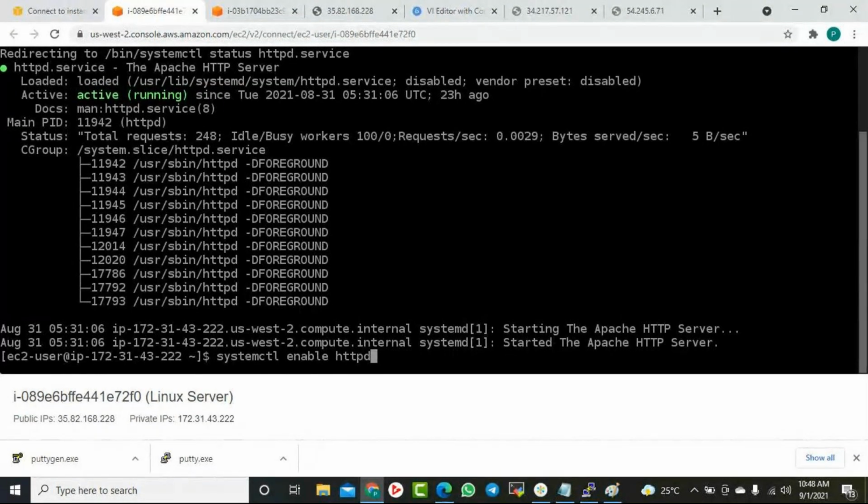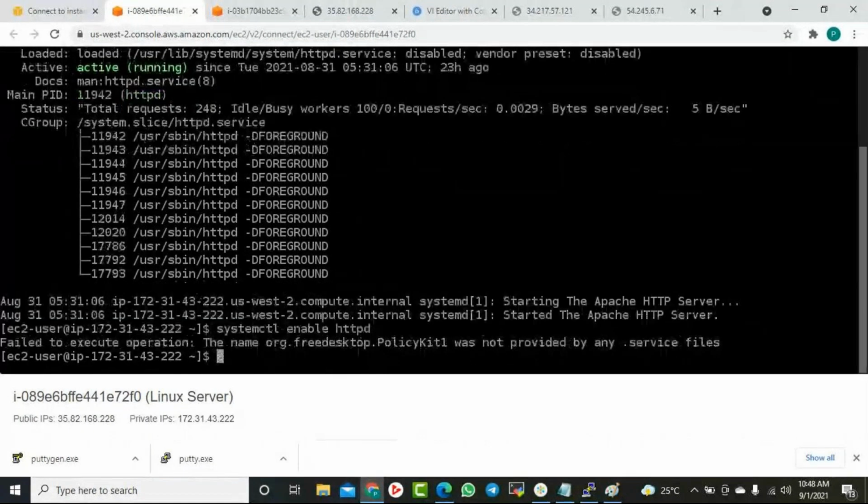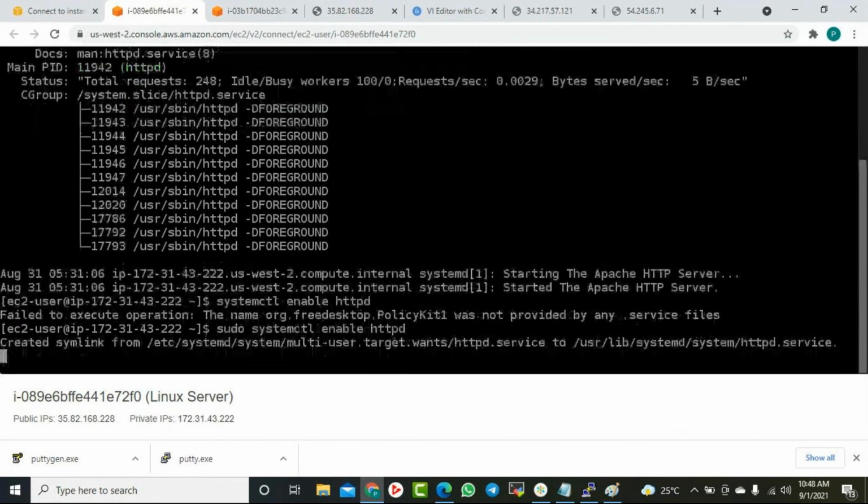The reason is that I didn't use sudo. You can use sudo or you can switch to root user.